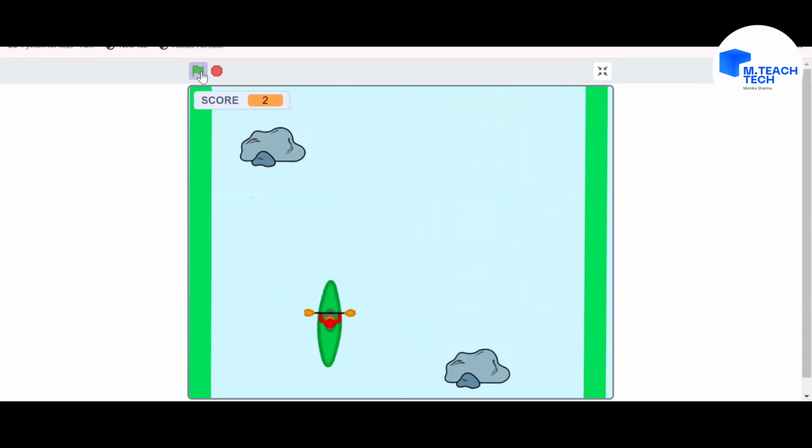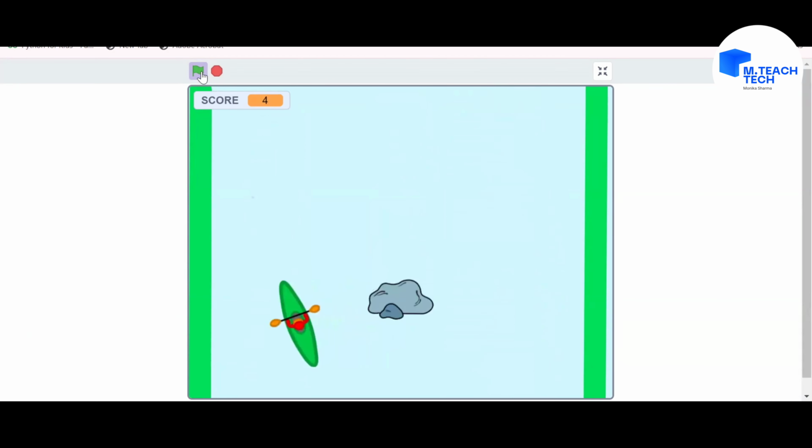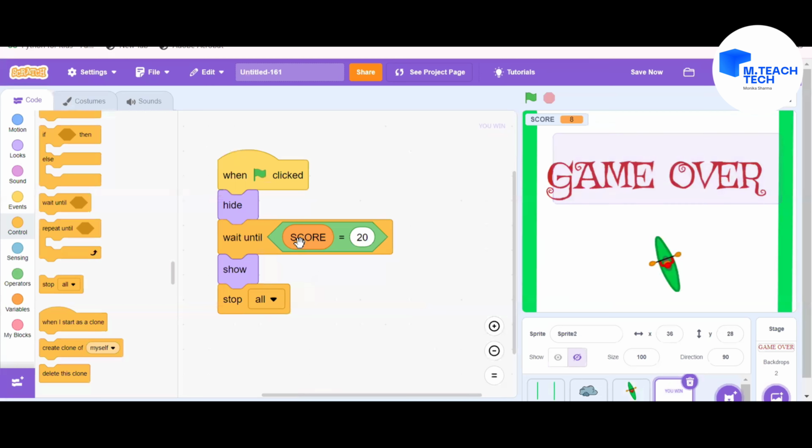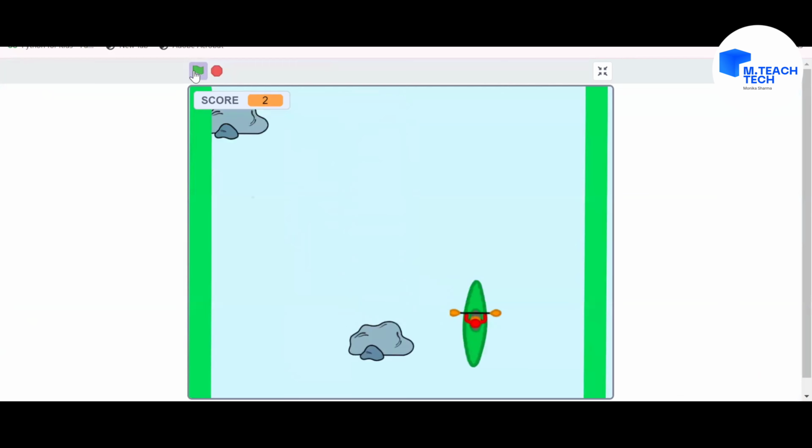So let's see. Okay, 5, 6, 8, 10. Oh, game over. So I found it difficult to score 20, so I just changed it to 10 and now